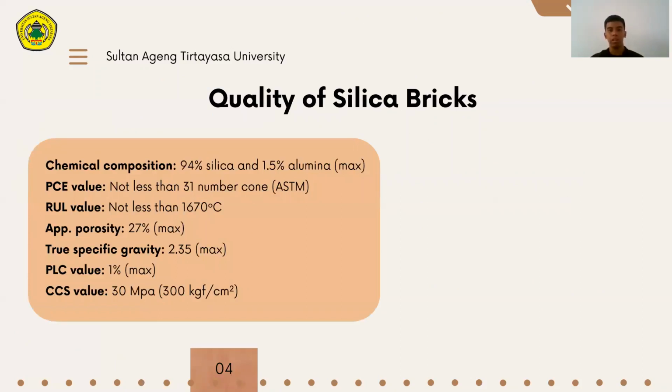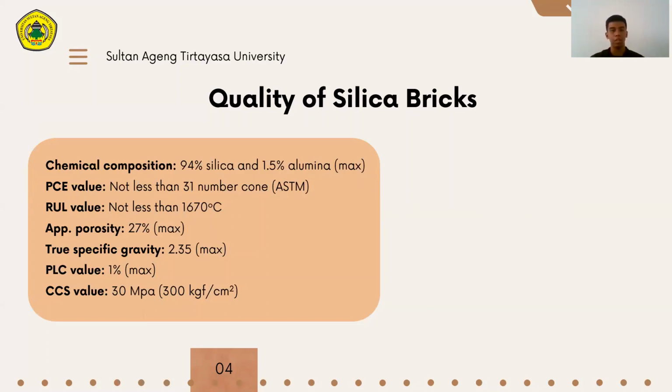And then this is the quality of silica bricks. Number one is chemical composition. Silica bricks contain 94% silica and 1.5% alumina. Number two is PCE value. The value is not less than 31 cone count. The third is RUL value is not less than